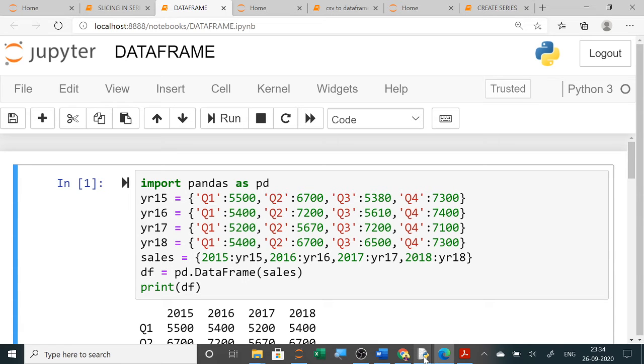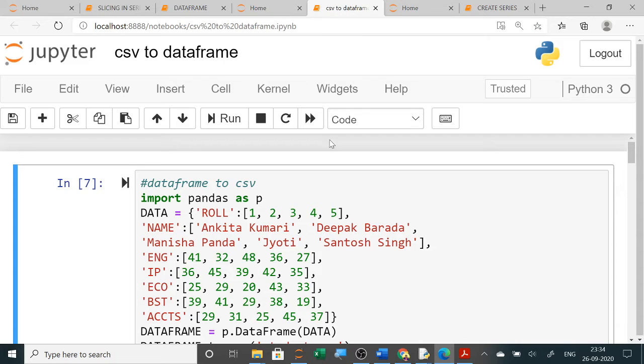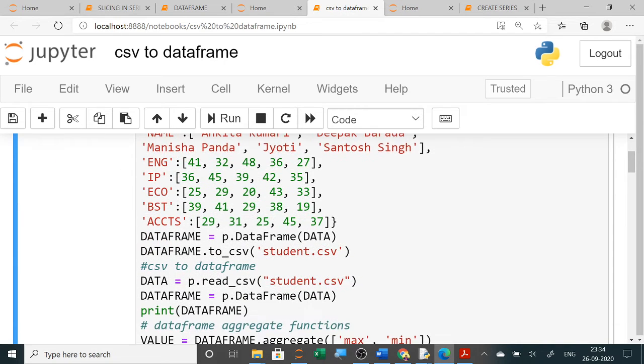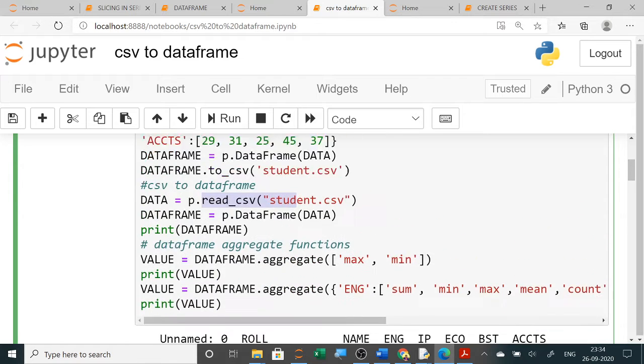The remaining questions are CSV to data frame, which we have also done. Using read_csv, we read from a CSV file, and to write the contents of a data frame into a CSV file we use to_csv. For reading we used read_csv.